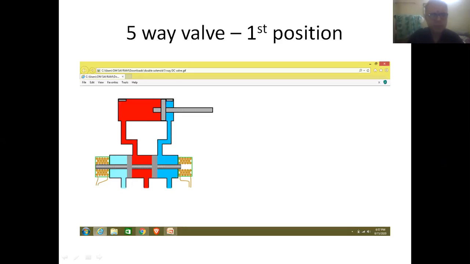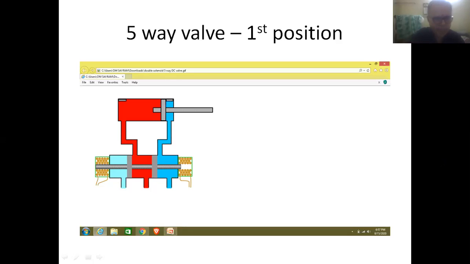Now, secondly, friends, we can see the arrangement of different ports. So this is the inlet port of the five-way valve fitted to the pipeline coming from the supply source. This is the first outlet of the DC valve fitted to the first port of the cylinder.